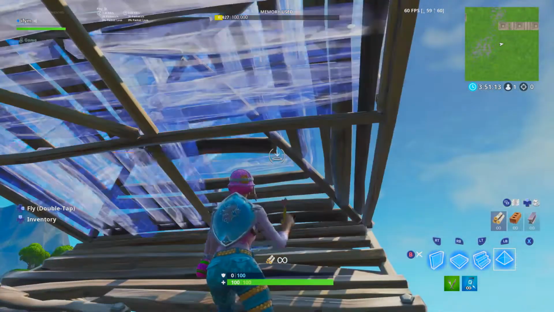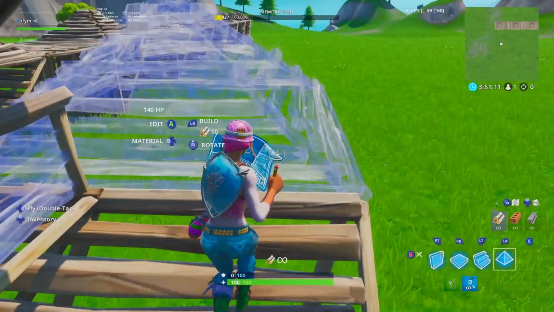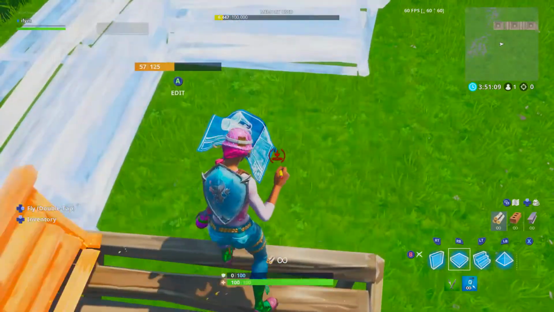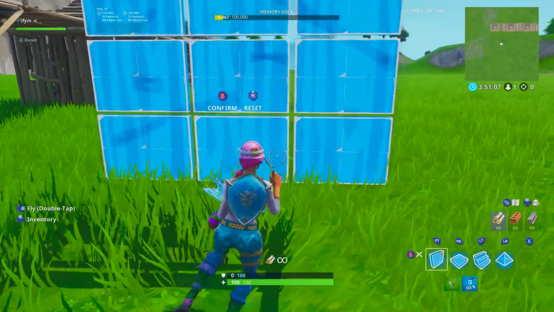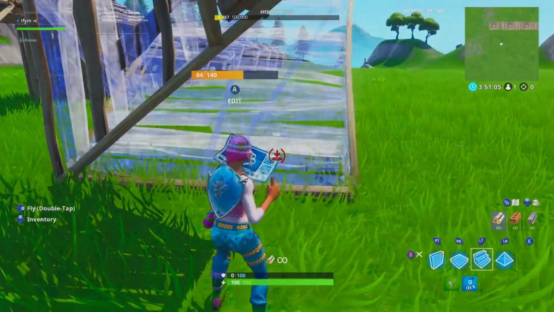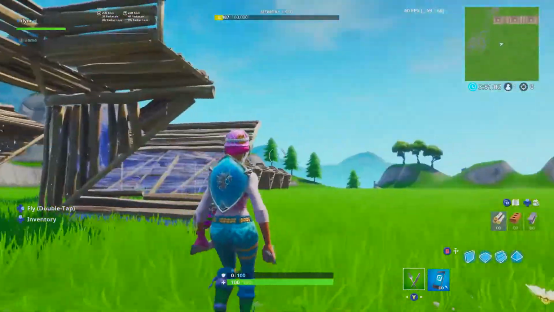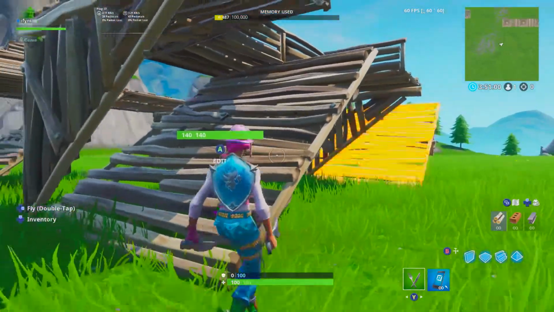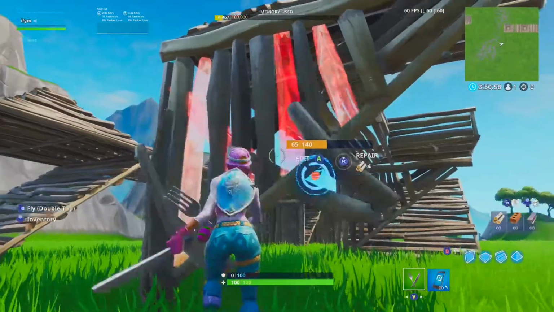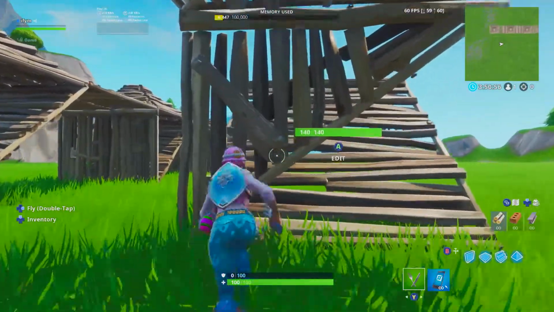Once you do that, just edit through the cone and the floor, and then place another floor, and then edit through that, and then place a wall, and then edit through that, and then pretty much repeat. So that's how you build it, and you pretty much just keep going and going until you've just kind of gotten bored, or you think it's long enough, or you're running out of room